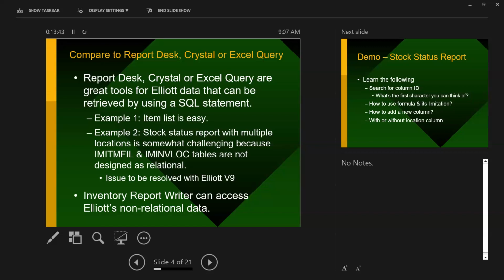And also you may say, okay, so you have shown me the report desk, right? And it looks like great stuff. And I also use a Crystal and Excel query. And then I extract the Elliott data, including the item data. And then what's wrong with doing that, right? Well, so the